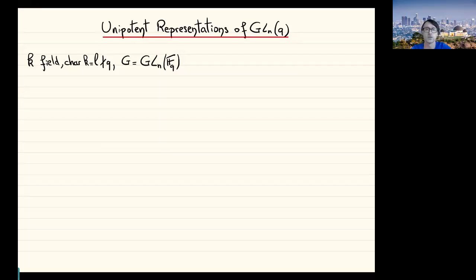So representations of general linear groups over finite fields can be partitioned into so-called Lusztig series. Very much like if you have an invertible matrix, you can write it as a product of a semi-simple matrix, so a diagonalizable matrix, times a unipotent matrix, both of which commute. So similarly, you can describe representations of finite groups of Lie type, here GL_n(q), by